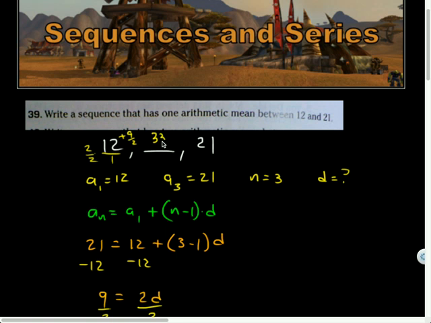halves, I believe. 16 and a half. Yeah, that's what the book said. And then add 9 halves to that. Yeah, the book's a fan of decimals, though. 33 halves plus 9 halves would be 42 halves, which is, in fact, 21. So our answer is 33 halves is a single arithmetic mean that fits between those two numbers, or 16.5,